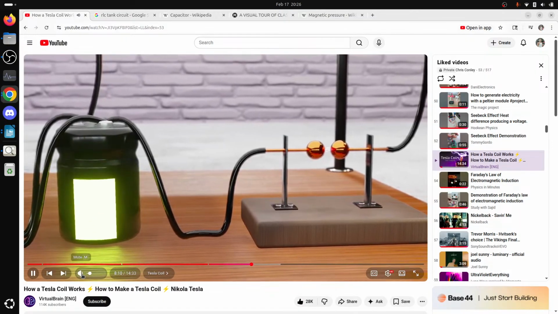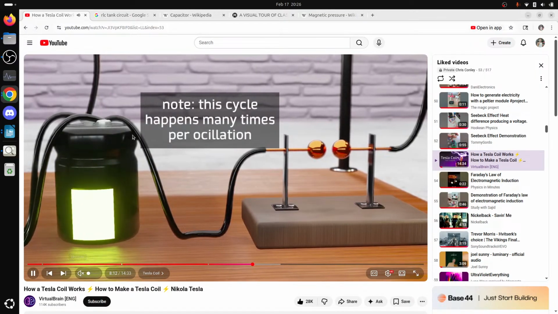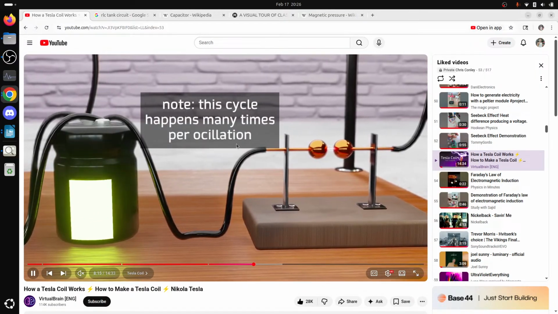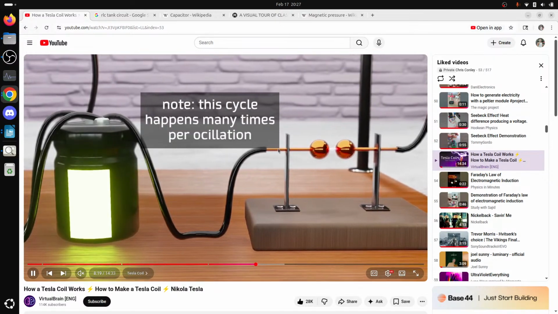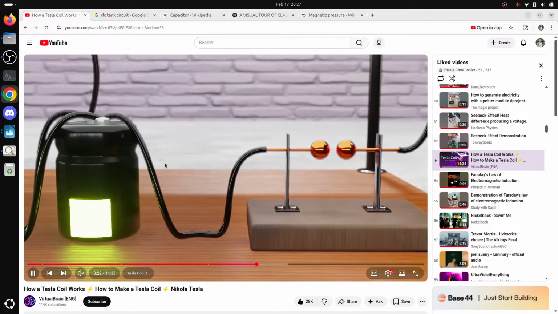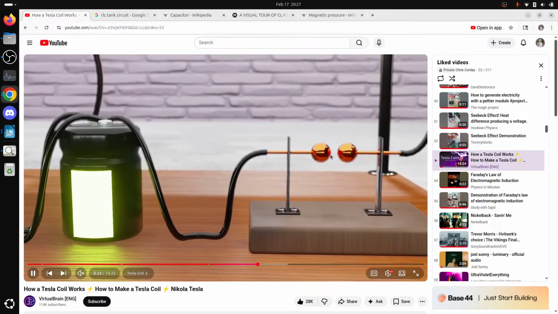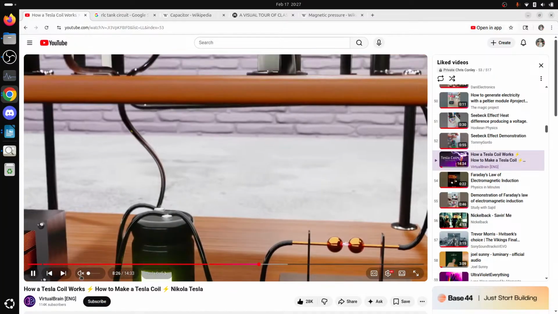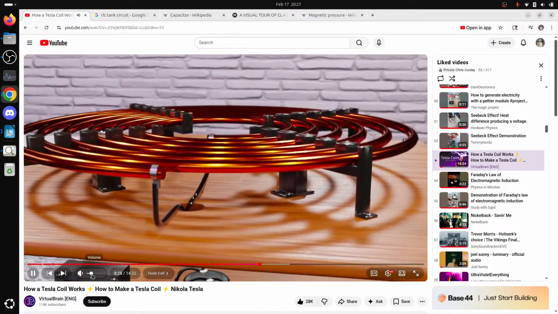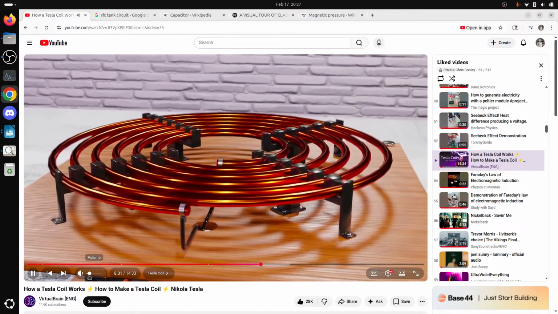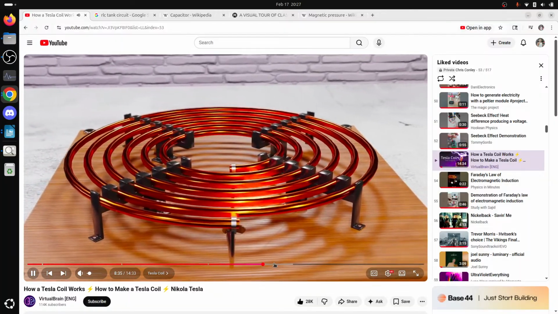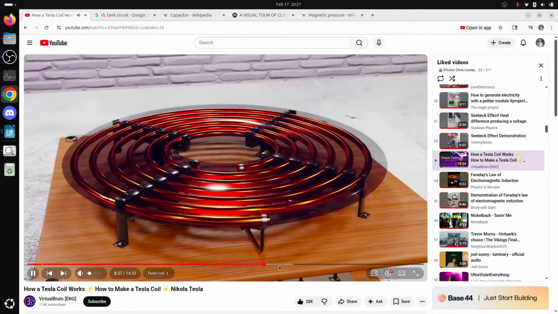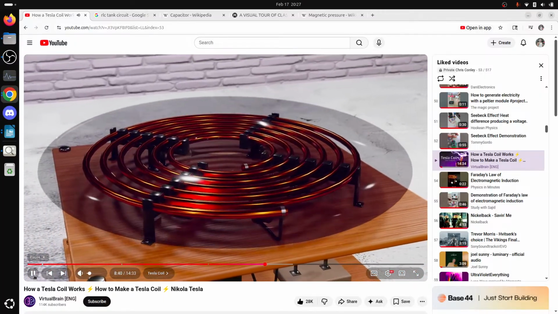It will not be at the same frequency. He got this wrong. It's whatever he's saying. This cycle happens many times per oscillation. No, it's doing this many tens of thousands of times a second. The coil will again be passing an extremely high voltage, oscillating at the frequency of the resonant circuit, and therefore it will generate an electromagnetic field oscillating at this same frequency. Just this in itself,